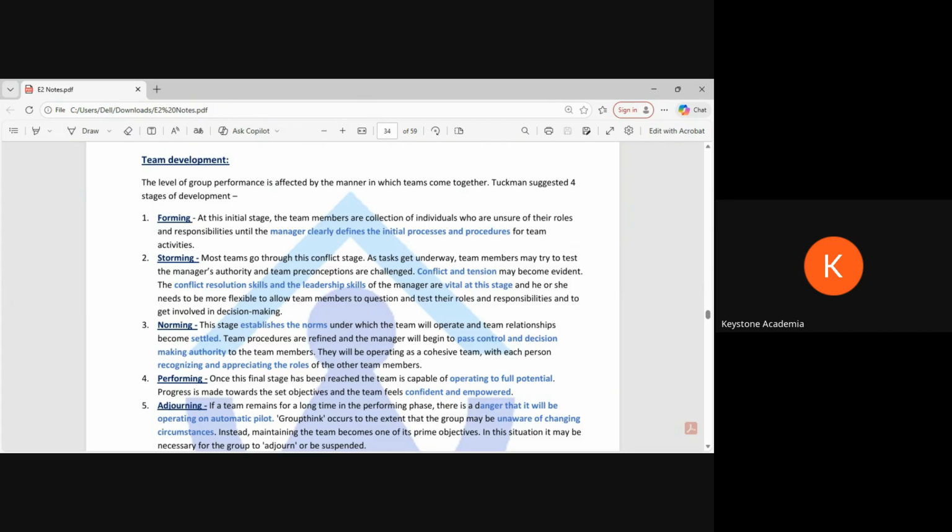So before things actually take place, there will be some kind of conflict, and it's obvious. It will happen because where we have people, we'll have conflict, we'll have agreement, disagreement. And this is usually the first time, or it's new for all of them to work together. By the time we are adjourning, they have become kind of friends and familiar to each other. They respect each other and they have a team. But now it's their personal interest. It's what they have done in the past.